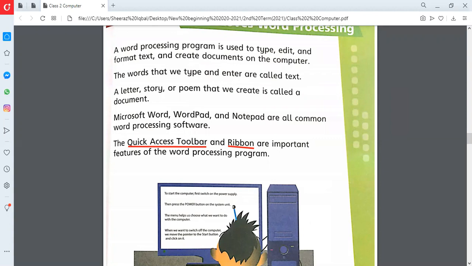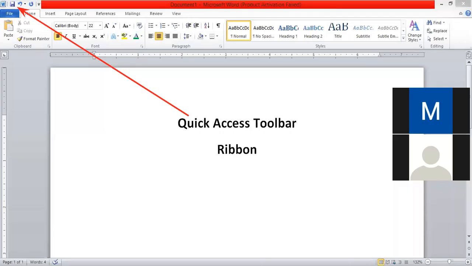In a minute, I will switch the screen. So this is the quick access toolbar, which is placed at the left topmost corner. In this there are some pictures. The first picture is used to save. When you click on that, the file will ask to save.